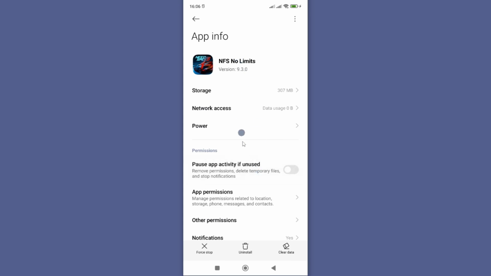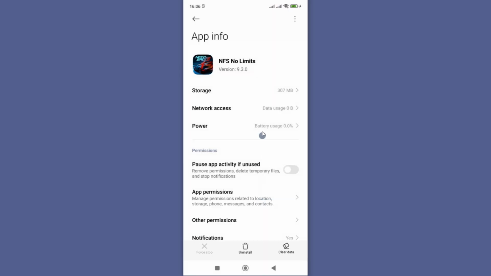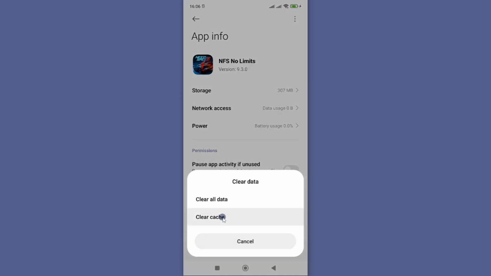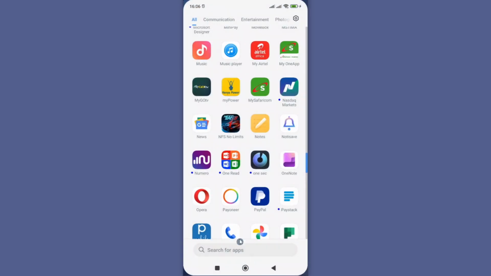Now the first thing to do here is to go and tap on force stop. This will stop any activities that might be running on your app. Once you're done, now go to clear data here and then choose clear cache and then okay. At this point, now you'll need to restart your smartphone and then open your game app, and now everything should